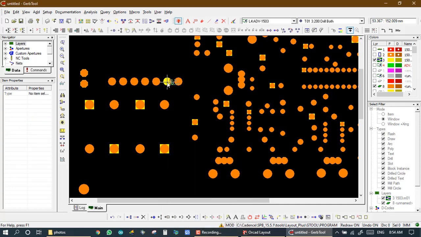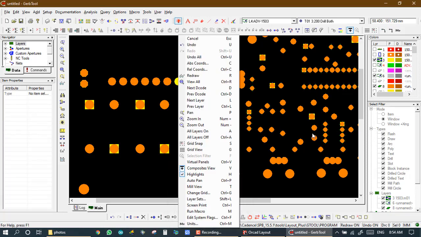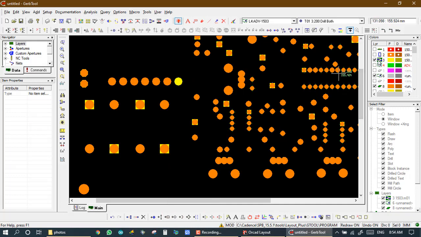If I am on both layers, layer number 8 is the destination, and my source layer is 6, and it is an ANSI layer. Now I click on it, then I have two options. Here we have three layers on, so we got 3 layers. Layer number 3 is also on, so first I turn it off, and now we have only 2 layers. This is my source layer, and this is my destination layer, ANSI layer to Gerber layer.